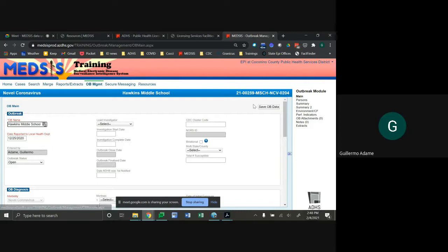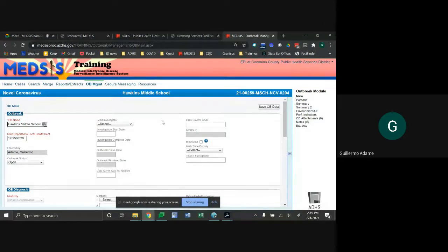Also, as I mentioned, after we create the outbreak entry, we'll see these several pages appear here on the right. And please keep in mind that when updating information on each page, you must click Save on the page before moving to another page, or the data will be lost. There's no warning or reminder to save before moving to another page, so it's a good best practice to save pretty regularly, and definitely save before you click on any other page. So let's go ahead and cover each page individually.